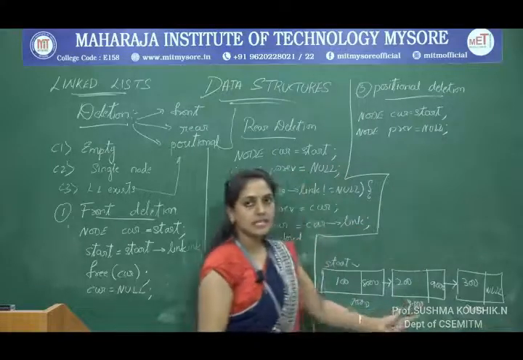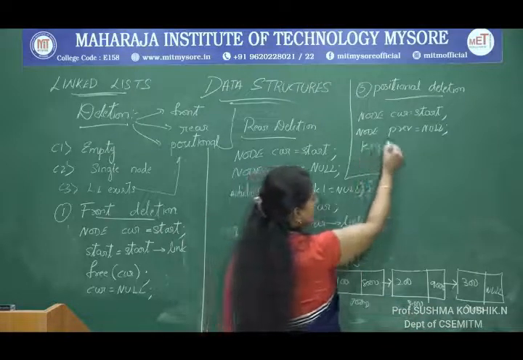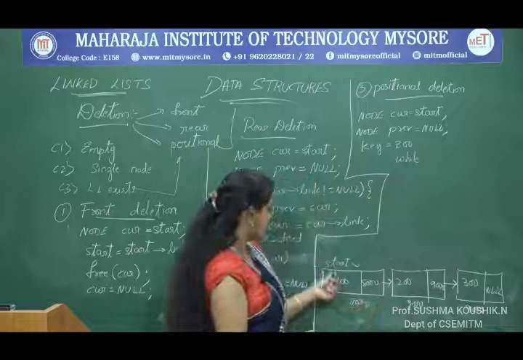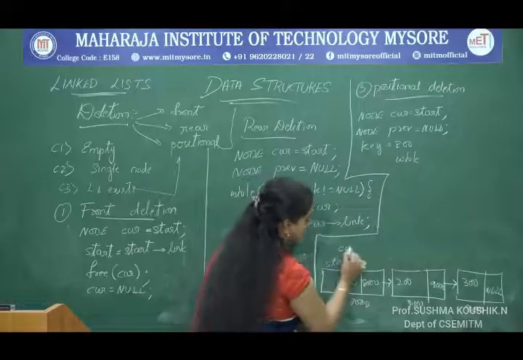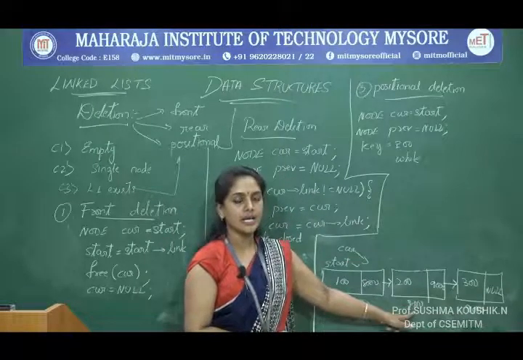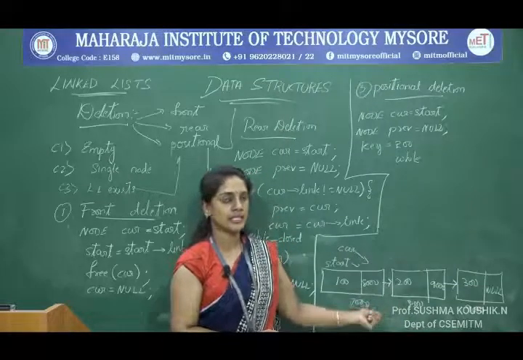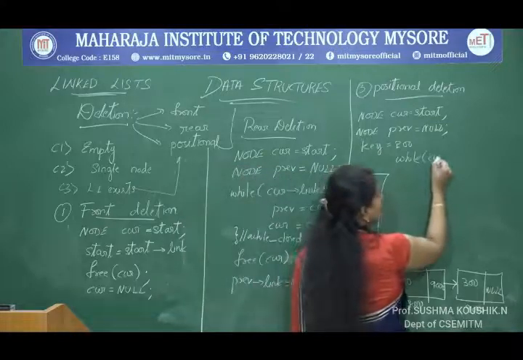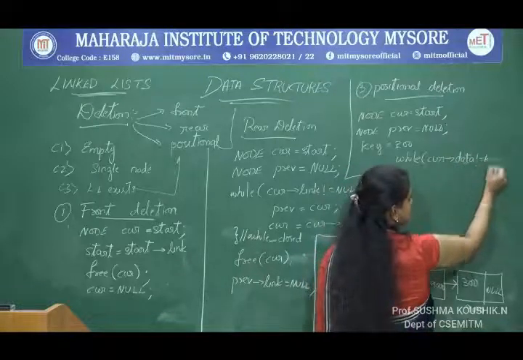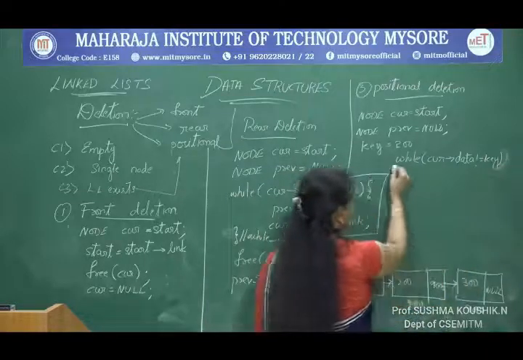We have to traverse until we get the particular node to delete. How do we get to know? Suppose key is equal to 200. We will traverse while current is pointing to the starting node. Traverse current until you reach the particular node, but before moving ahead, make sure the current position is given to one more pointer which will be holding it. So while current of data is not equal to key,